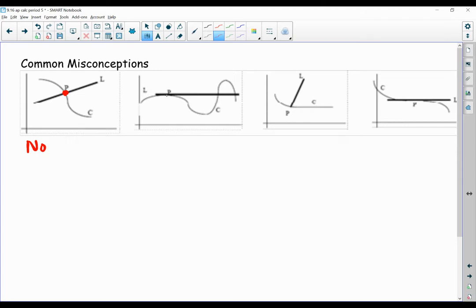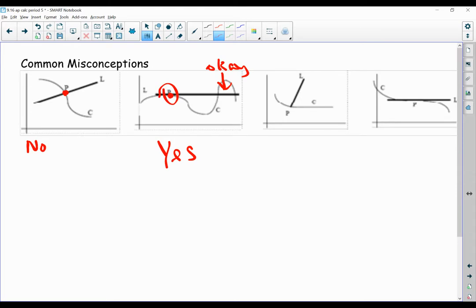Now this one is where the little debate comes. So if I look at point P, does line L touch point P? Yes. Does line L have the same slope as point P? Yes. Is it a tangent line then? Yes. Does it touch the function other places? Yes, and that's okay, because what we're asking for is, does it touch just at point P and have the same slope as P? Then we say it's a tangent line to P. This is okay. The fact that it hit it again is totally fine because we're just worried about what's happening